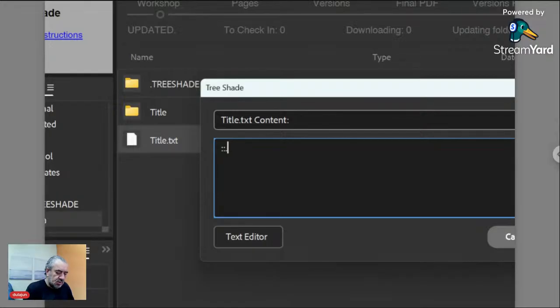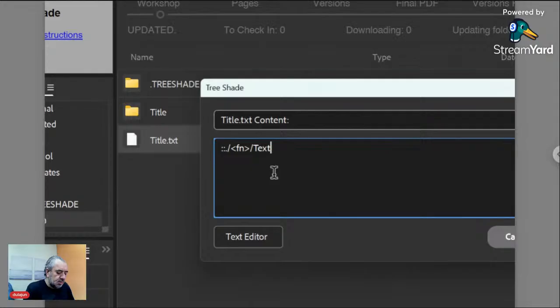So write dot slash, then file name, it's a variable for the pure file name of the file, title, then write text,